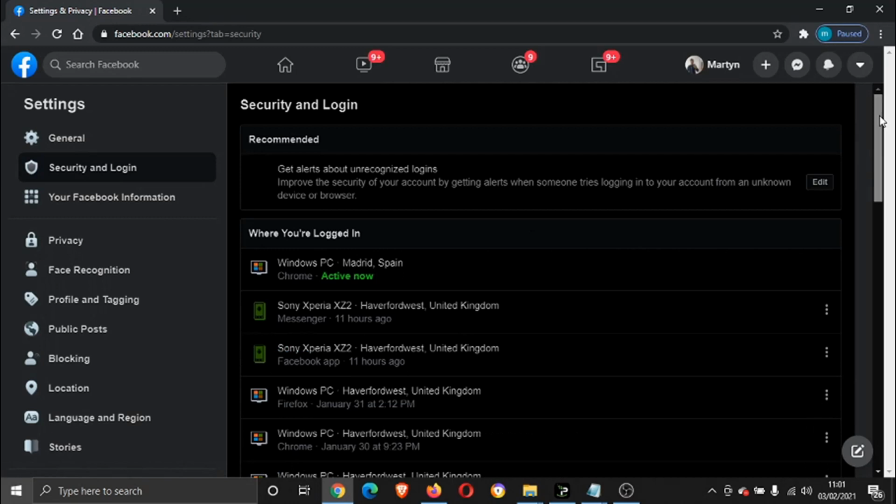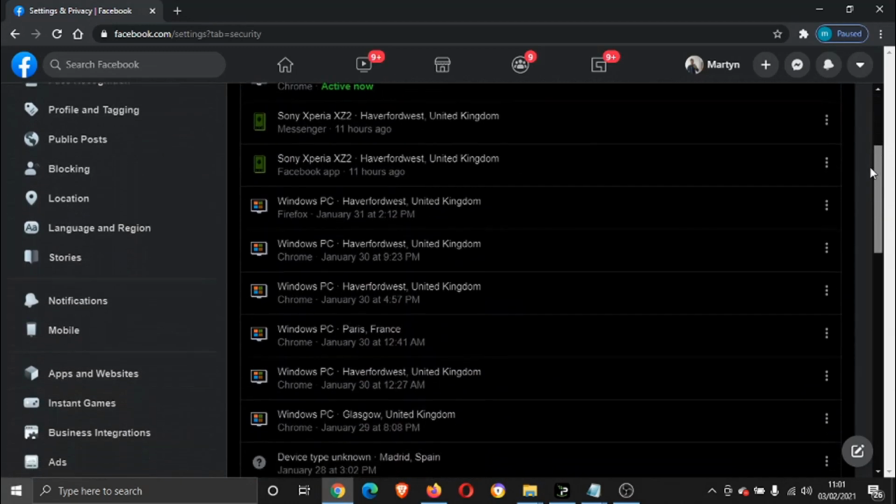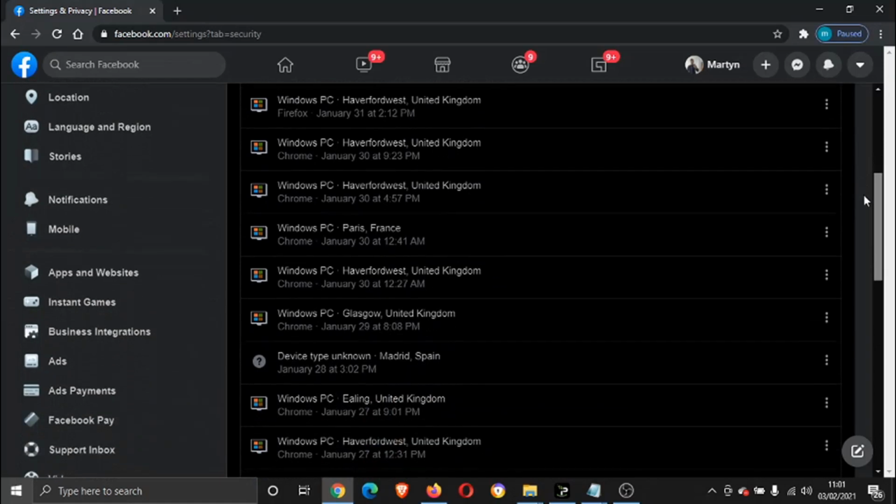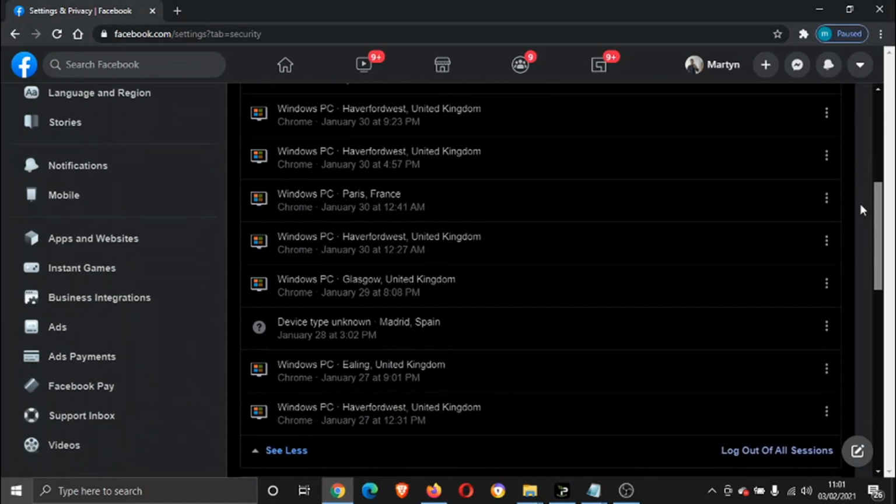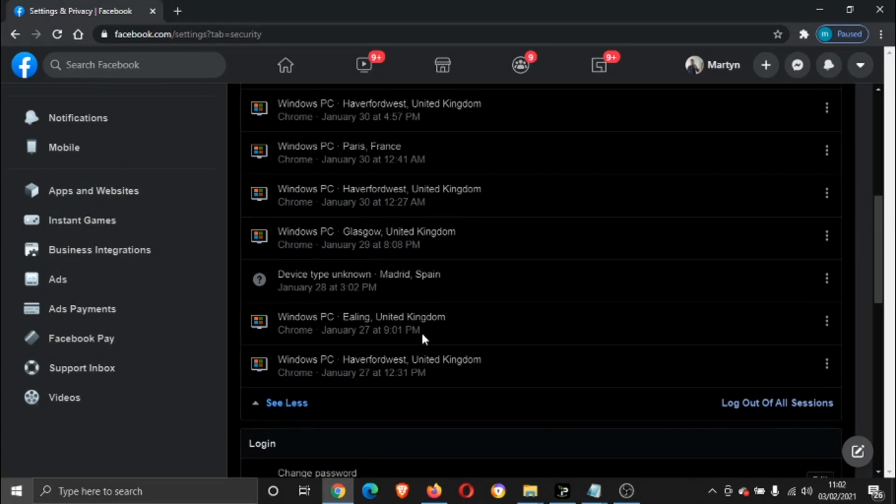And what you want to do is just scroll down. It's going to bring up a list of all the devices that you've got signed into your Facebook. So any computers, phones, tablets that are currently logged into Facebook, your Facebook would appear here. And what you need to do right at the bottom, you'll see here there's a button which says log out of all sessions. If you go ahead and give that a click,